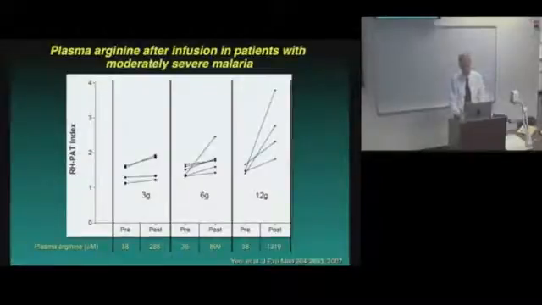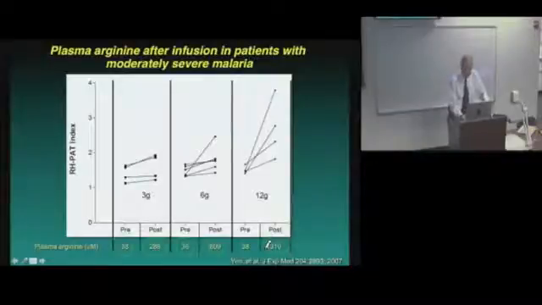And in these patients, we also measured arginine levels. So once again, as I mentioned, they have low arginine, and we administered arginine intravenously. So arginine's in our body. It's a normal amino acid. It's not toxic or anything. And it was given in 3 doses, either 3 grams, 6 grams, or 12 grams. And this is the pre-value where we have the arginine before it was given, and then the arginine after it was given, plasma arginine levels. And with different amounts, 3, 6, and 12, you can see that it really jacks up the arginine